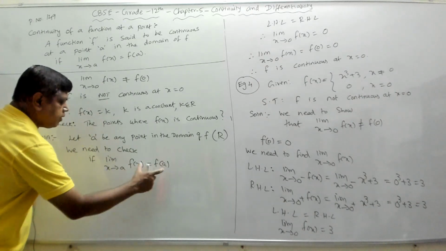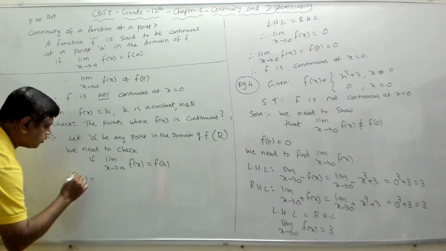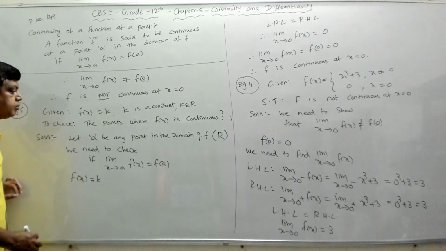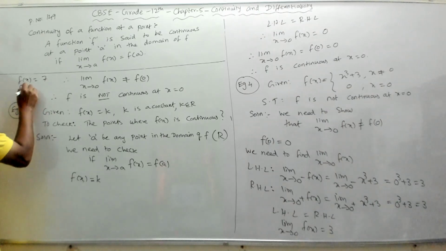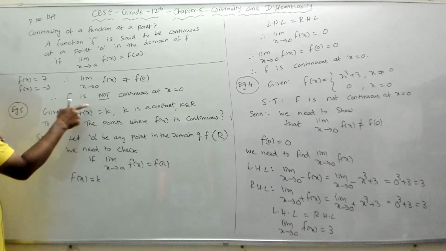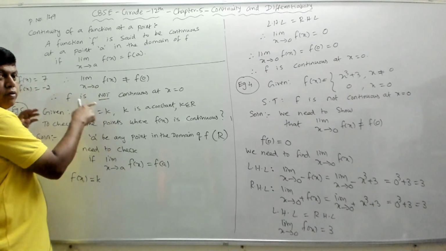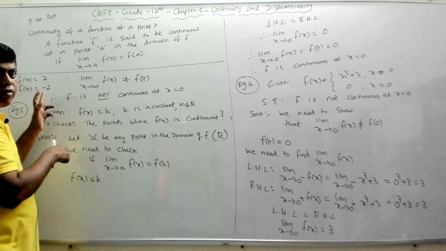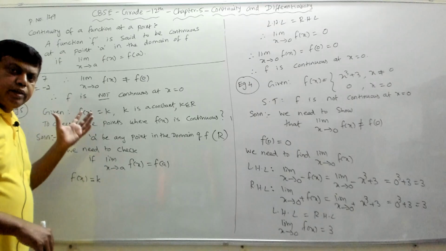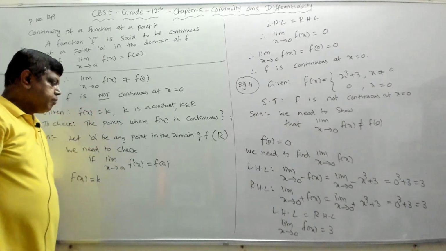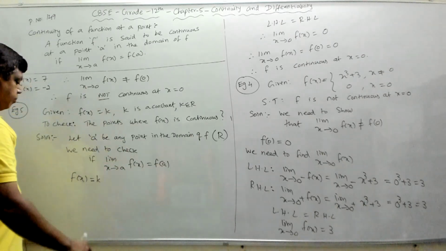Now let's try to find the value of these two. Now what is f of x? F of x is defined as k. Now f of x is k means f of x can be 7, f of x can be minus 2, any constant value. So we are covering all these constant functions here. By saying f of x is k, we are going to prove for all these functions: f of x is 7, or minus 2, or 0, or minus 5, or 99, anything. All constant functions, we are going to check all the points where the constant function is continuous, where f of x is k.